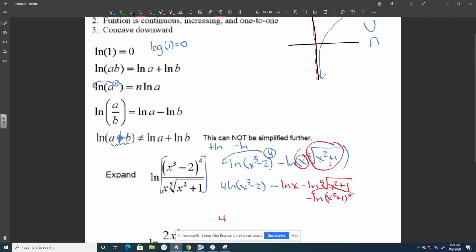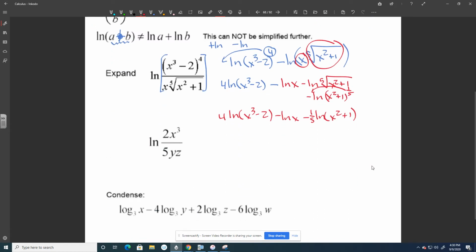So my final answer is 4 natural log of x cubed minus 2 minus the natural log of x minus 1/5 natural log of x squared plus 1. Now, the reason that we want to do this, I know that this looks bigger than the fraction, is when I'm doing the derivative, a lot of times it's so much easier to use this form than it is to try and do a derivative within a quotient, within a product rule, within a couple chain rules inside my ln